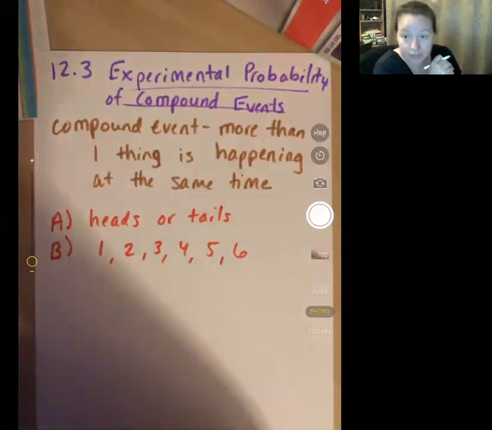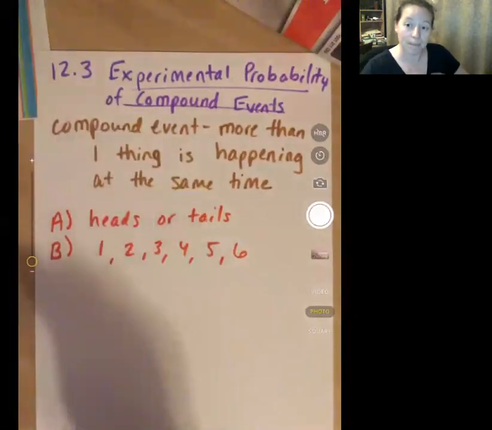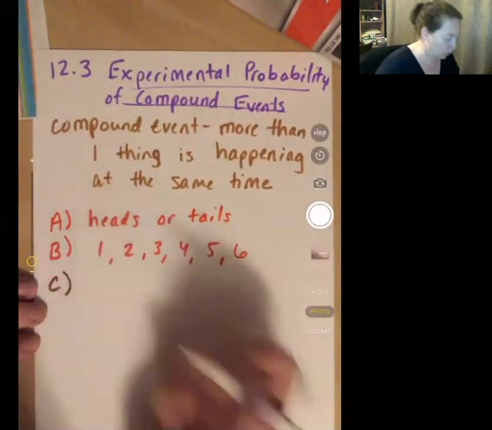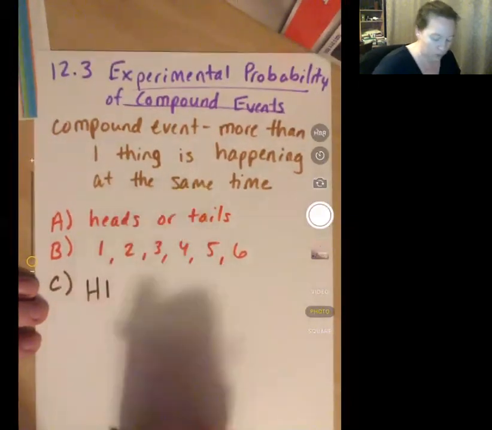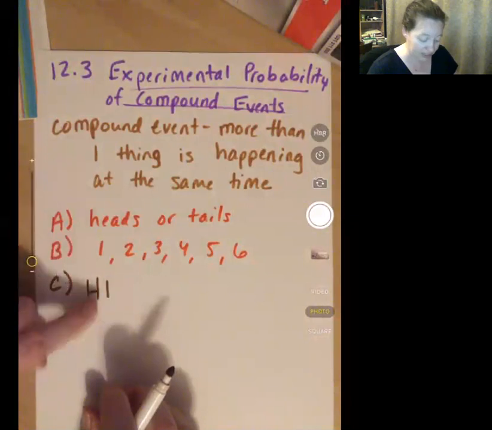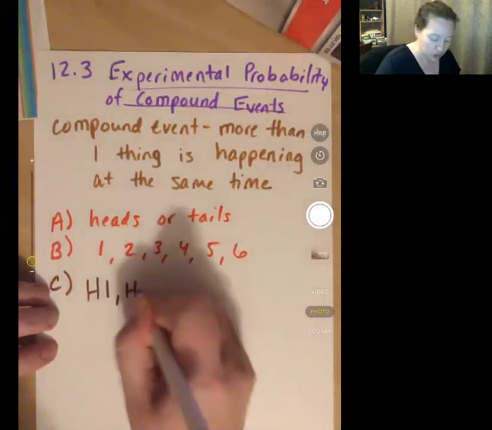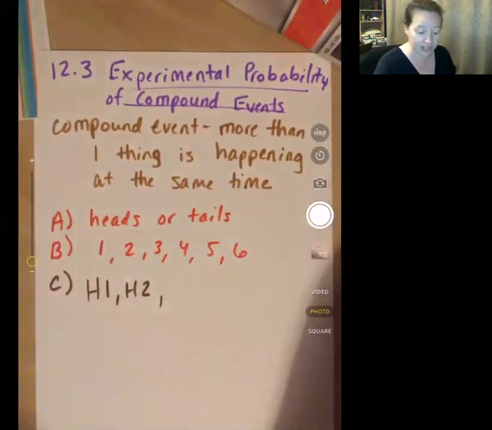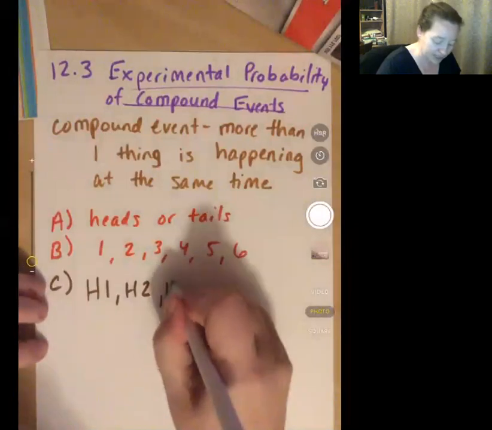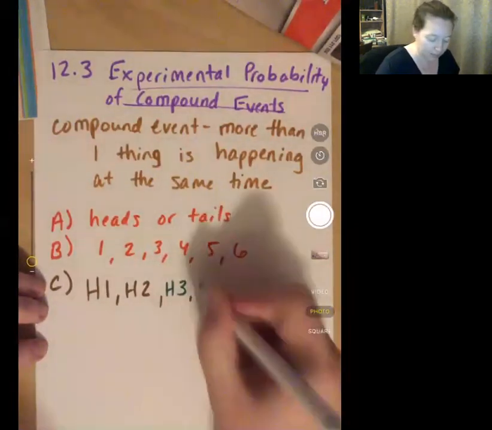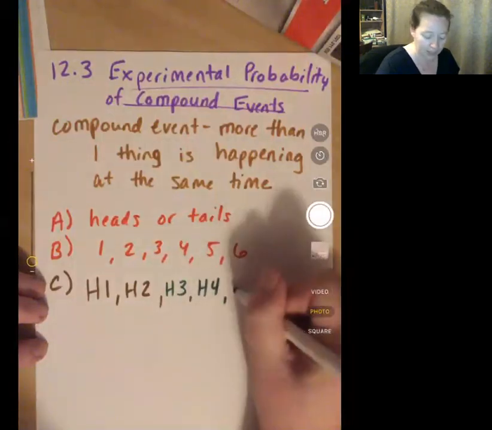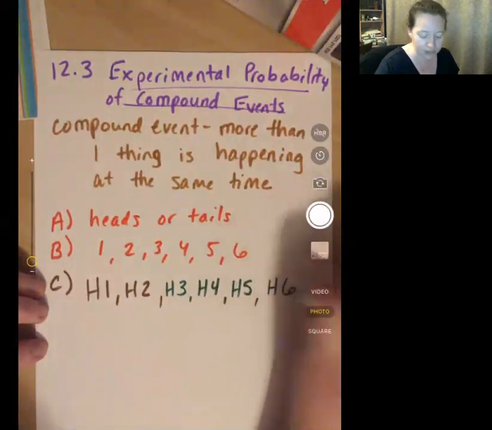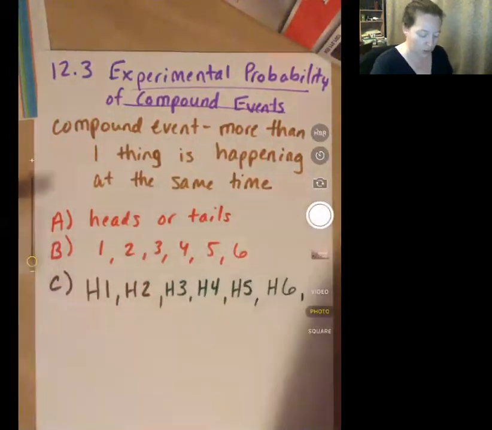Letter C is every single possibility that we could have. So this is how this works. It gives us H1, which is I rolled a heads and a number 1. H2, I rolled a heads and a number 2. It wants us to fill in. So if I rolled heads and number 3, if I rolled heads and number 4, if I rolled heads and number 5, if I rolled heads and number 6, then it shifts over to